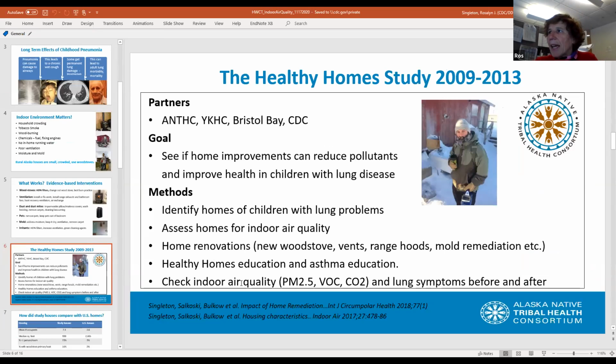So in 2009, colleagues here in Alaska at DEHE, the Division of Environmental Health and Engineering, contacted us at Centers for Disease Control. And out of that collaboration, which then involved YKHC, Yukon Kuskokwim Health Corporation, and Bristol Bay, we did a study looking before and after at children with chronic lung disease to see if home improvements could reduce pollutants and improve health in children with lung disease. We initially hoped to do a placebo-controlled trial, but the tribal organization did not approve that, and so we went with a before and after